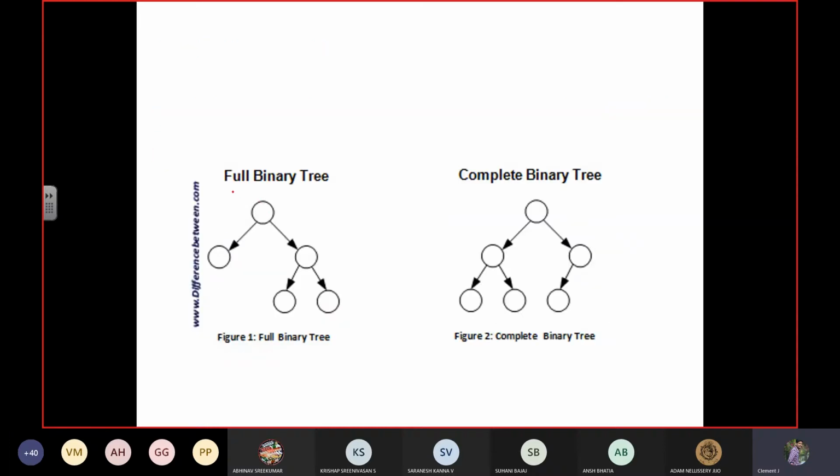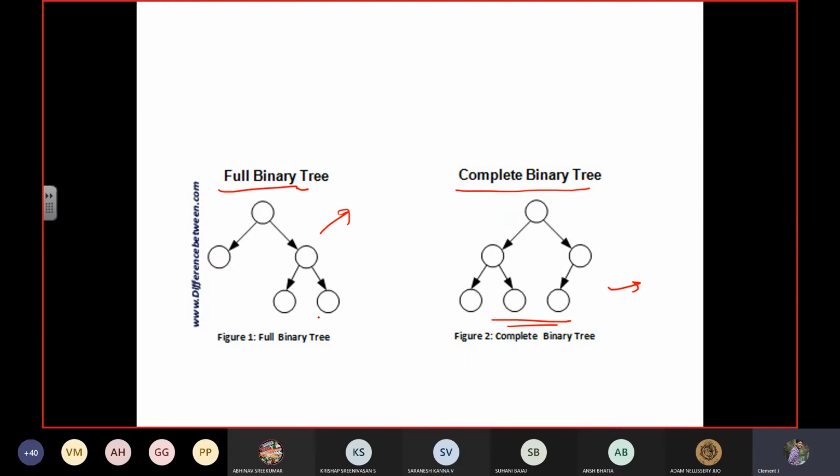Now you will find the difference between a full binary tree and a complete binary tree. So this can be called a complete binary tree because it is arranged in a proper way. Even though it has 1 child, it is allowed to be called a complete binary tree. It's not a full binary tree. So this is a full binary tree. So can I conclude this as a complete binary tree? The first one, figure 1. No, sir. What is the reason? The siblings are on which side? Right side. Very good.